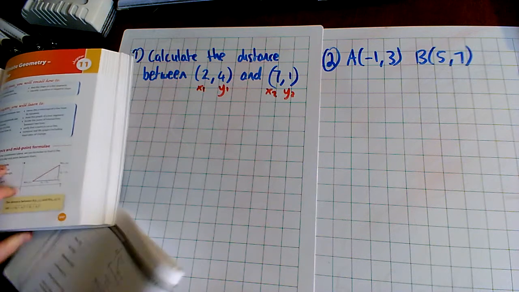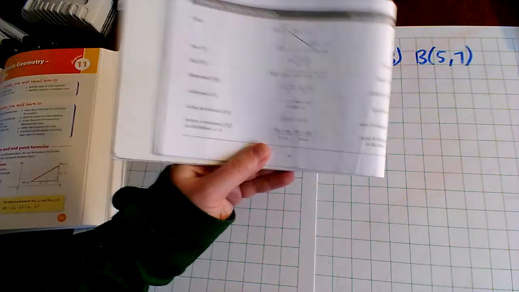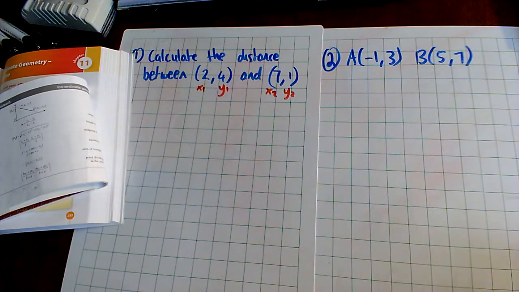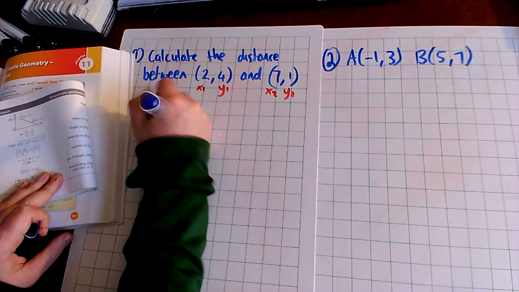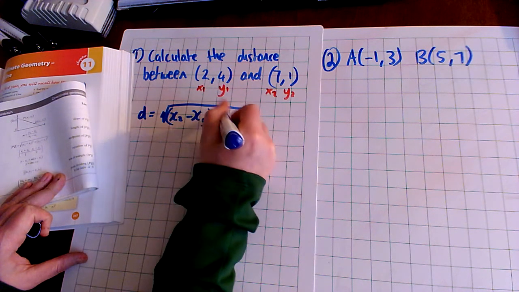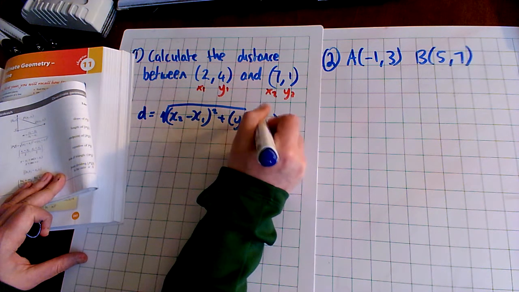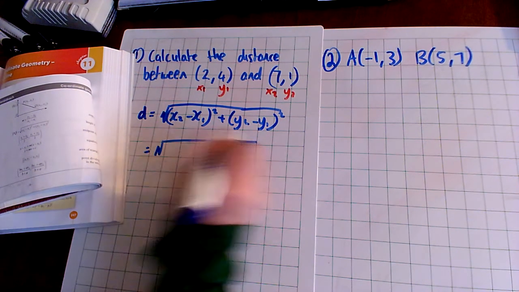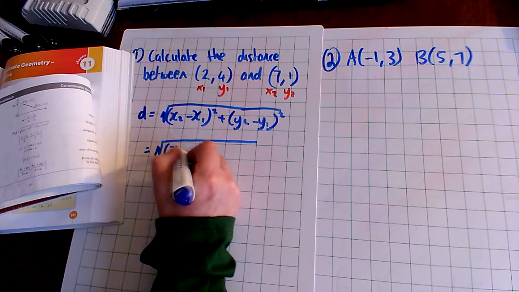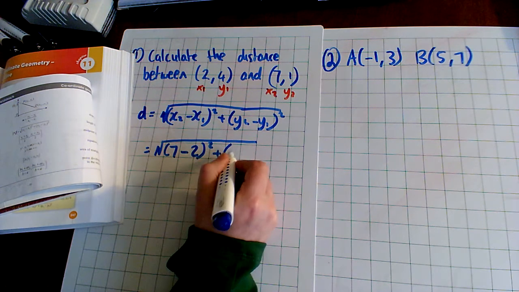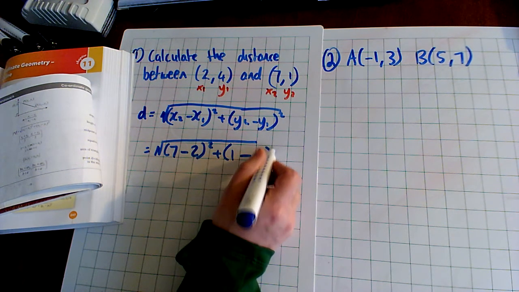Because we're asked for the distance between them or the length of the line, we go to our maths tables, but again it's in your books on page 247, and you write out the distance formula. The distance formula is equal to the square root of (x2 minus x1) squared plus (y2 minus y1) squared, and then you just substitute in your numbers. Leave your big square root sign. Instead of an x2 you put in 7. Instead of an x1 it's minus 2, and that's going to be squared, plus your y2 is 1 and your y1 is 4, and that's going to be squared,